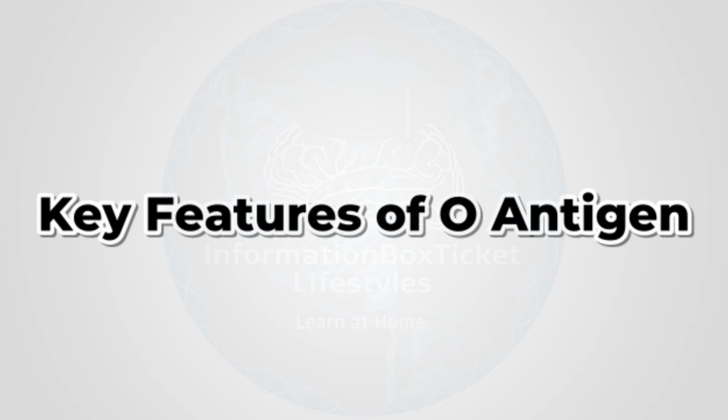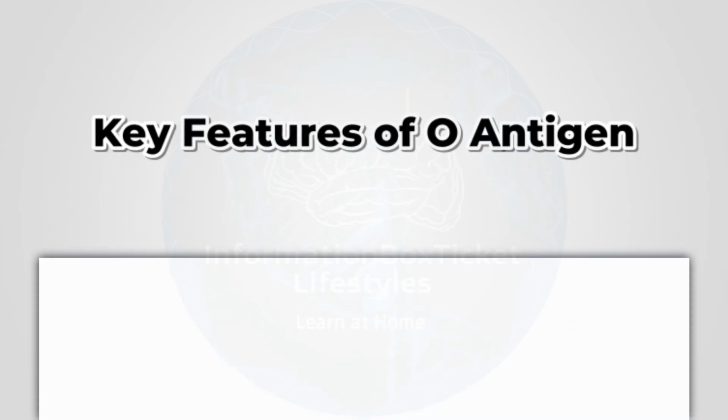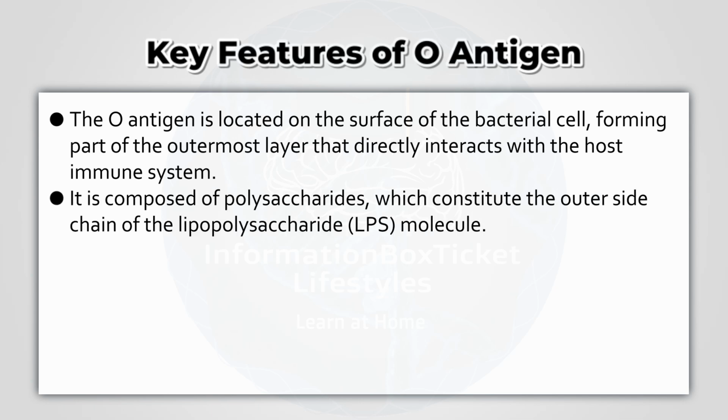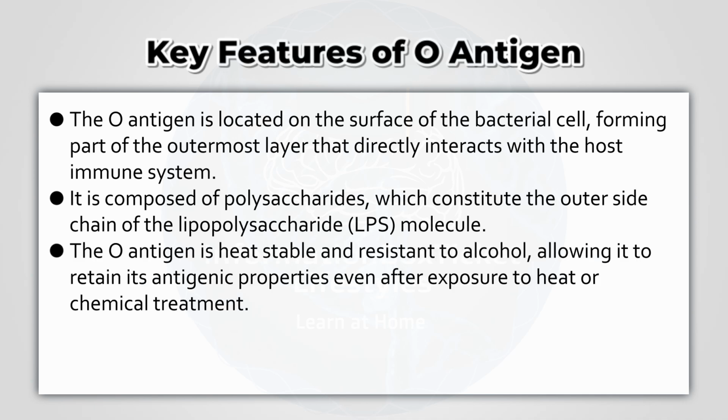Key features of O antigen. The O antigen is located on the surface of the bacterial cell, forming part of the outermost layer that directly interacts with the host immune system. It is composed of polysaccharides, which constitute the outer side chain of the lipopolysaccharide LPS molecule. The O antigen is heat-stable and resistant to alcohol, allowing it to retain its antigenic properties even after exposure to